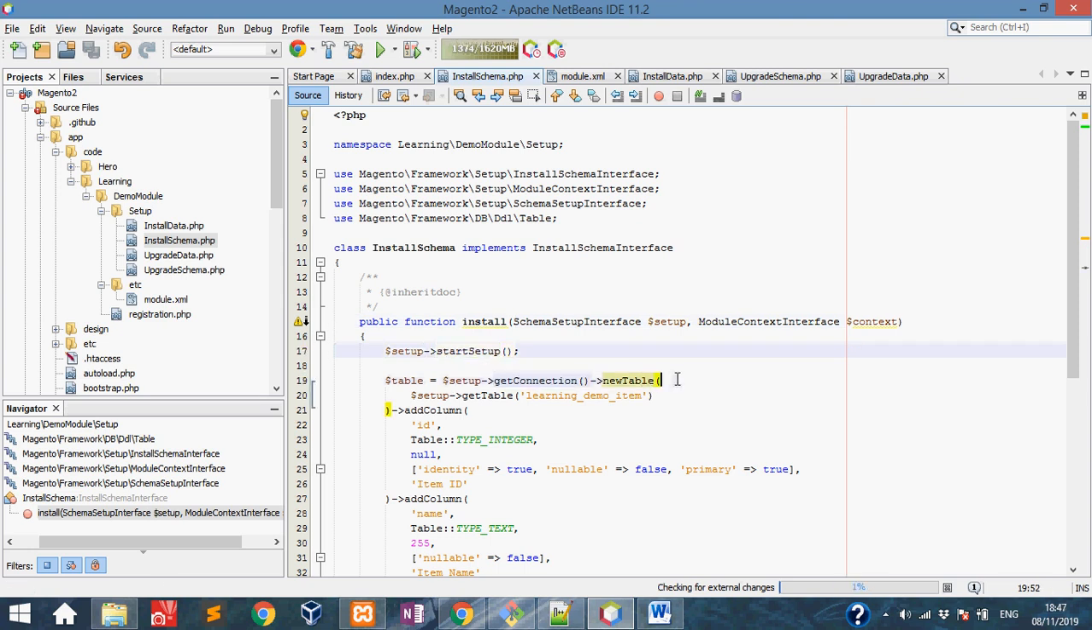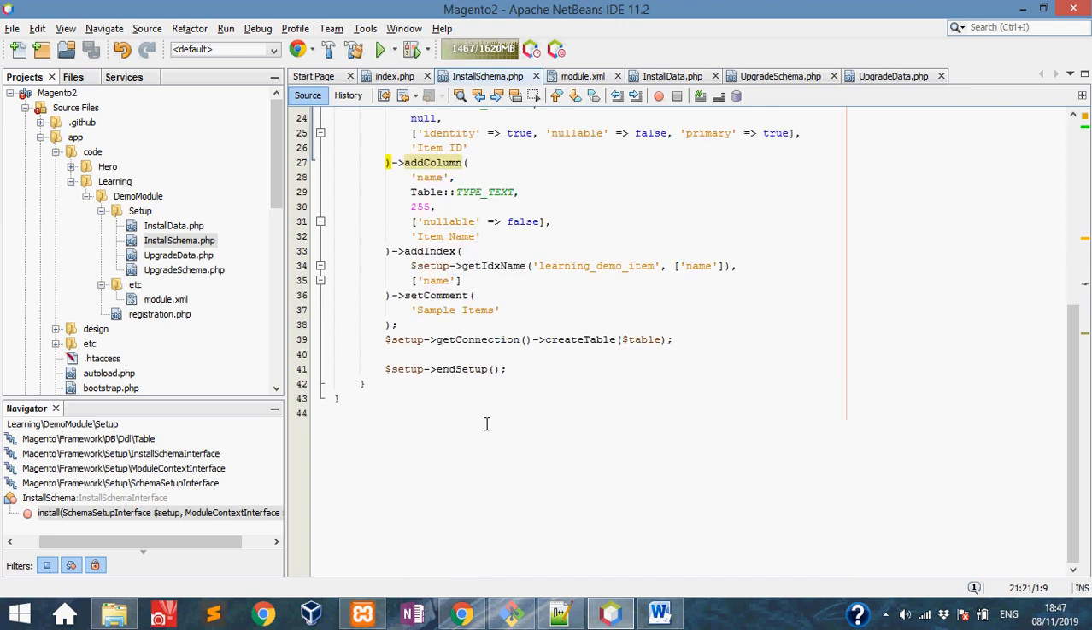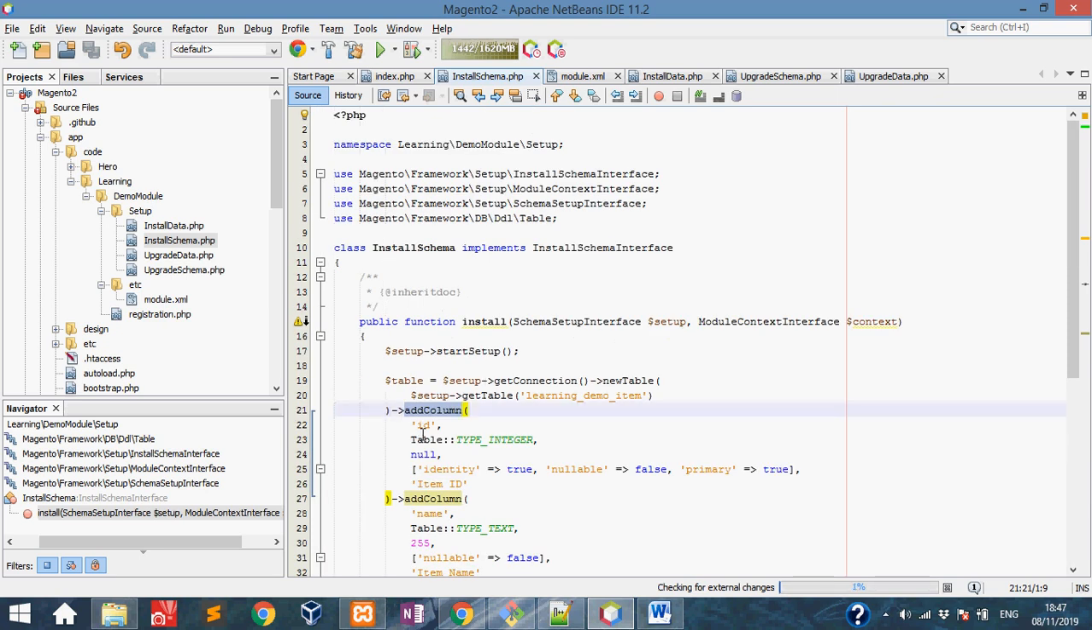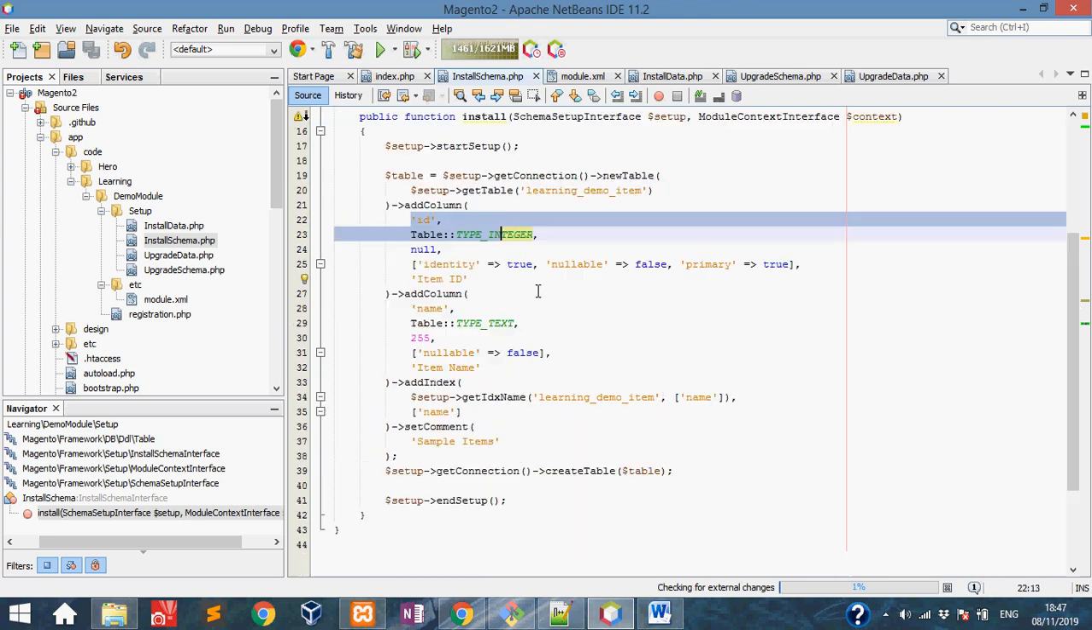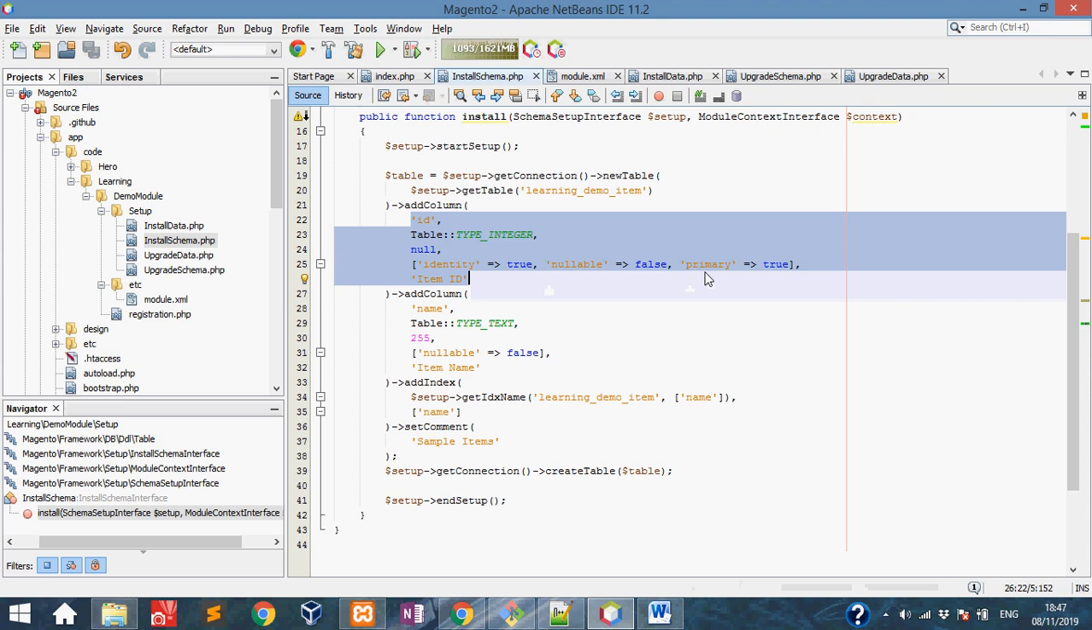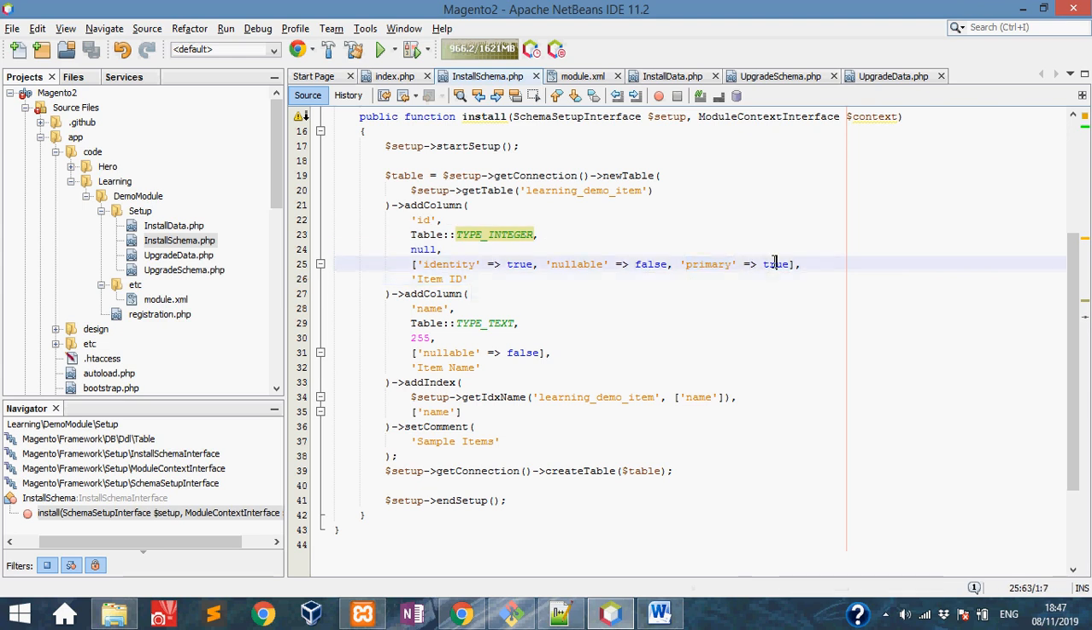Inside the newTable method we are giving the setup table name and adding the column names, that is the fields, id and name. This is the id and name. After that we are giving the type of the field, and we need to give the comment item id. Then the first one is the primary id, so we are setting primary equal to true, which implies